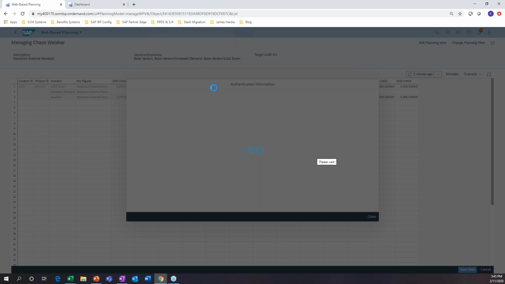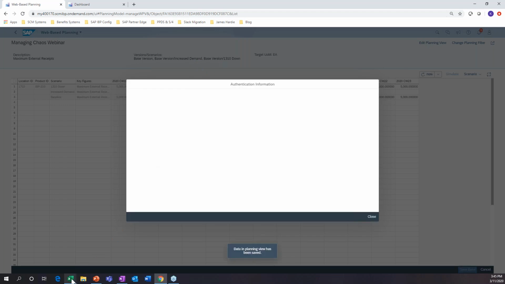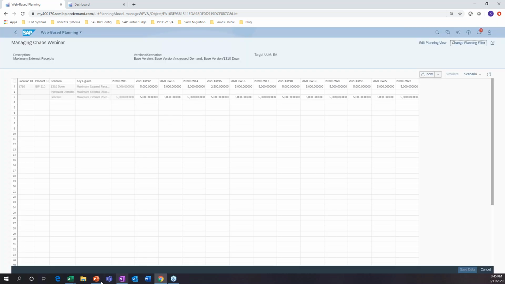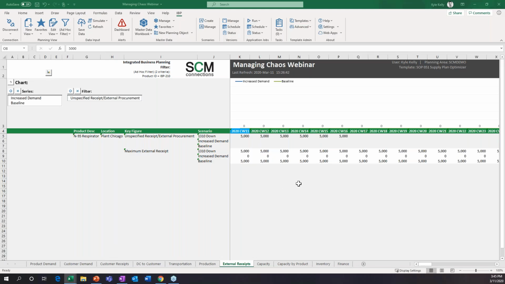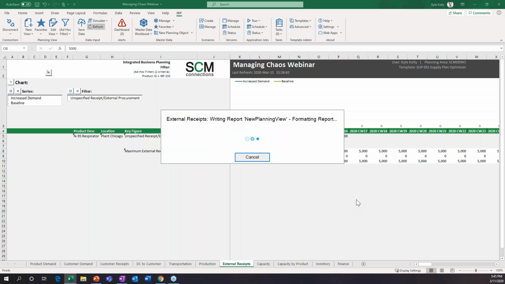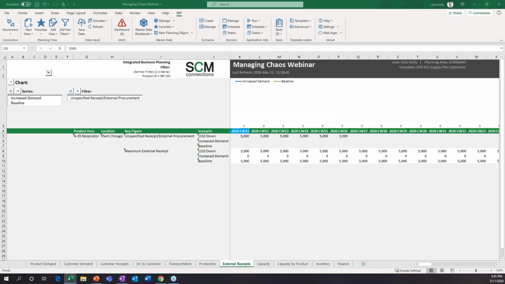Who knows where they're located, but as the supply planner, I can come in now and look at my data, refresh it, and what we should see here is that it changes.